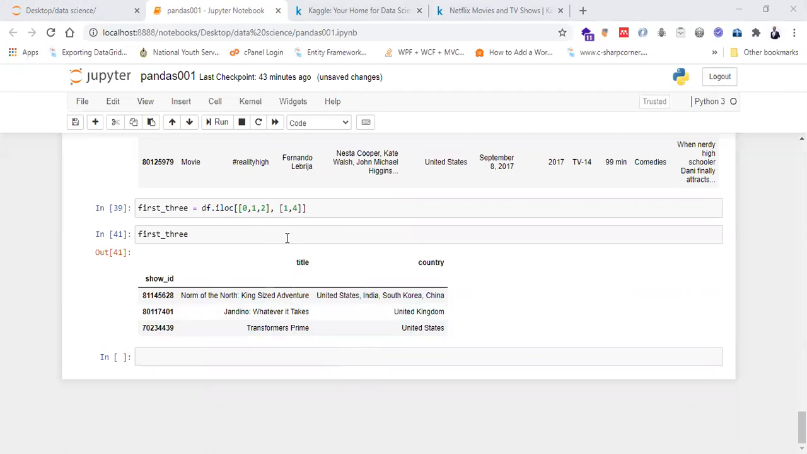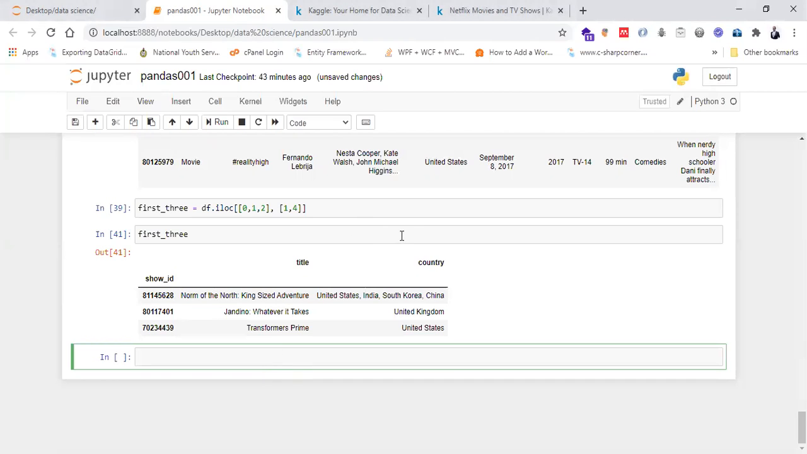Loc makes use of the index name. I want us to take note. Loc makes use of the index name. So now